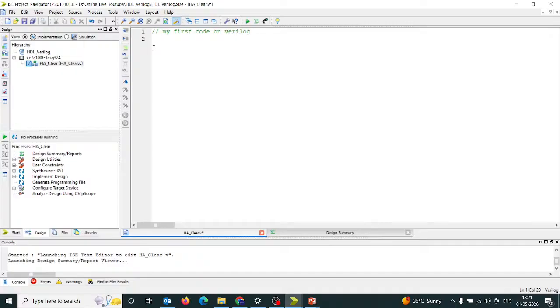You have to use the forward slash two times to make it a comment. Then start writing. Module, and as I mentioned, whatever the keyword, it shows in blue color. Module half_adder_clear. Then you have to write your input output: sum, cout, A and B, and clear. If you all remember this code,